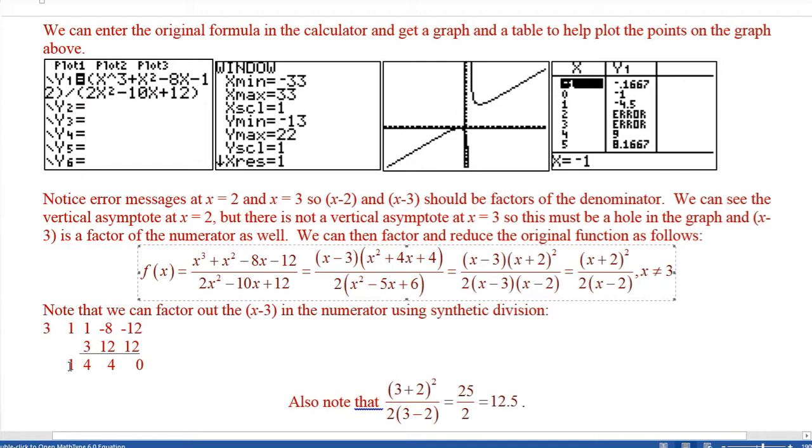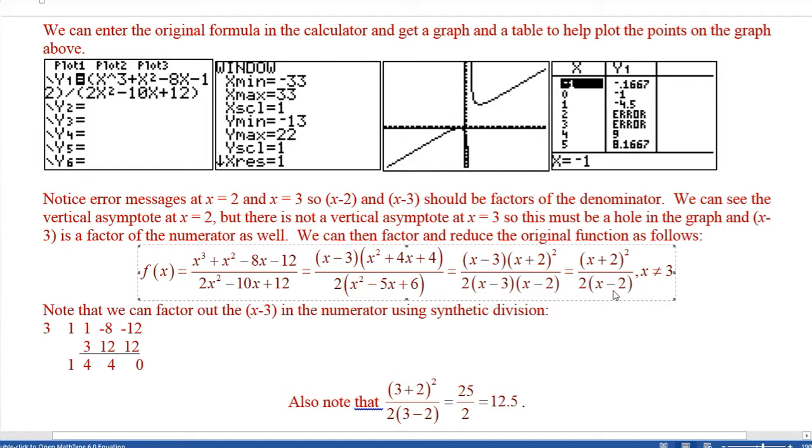And the other factor is x squared plus 4x plus 4, which is what I have here, which is actually just (x plus 2) squared. So we do our anti-FOIL factoring, or really this is just what we call a trinomial square, which gives you a binomial squared factorization. Now we see that these x minus 3's are the same, so we can cancel those out provided x is not equal to 3. And so we get that this is equal to this version right here,